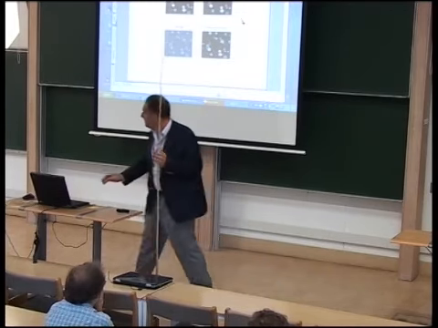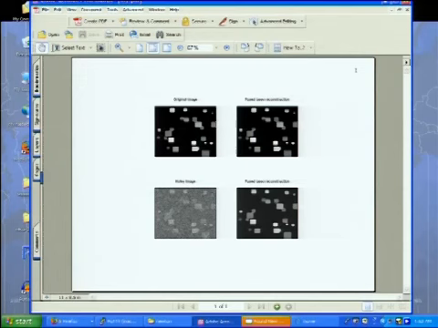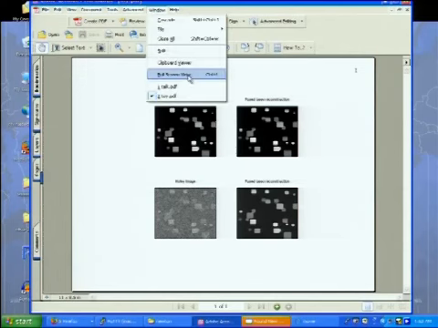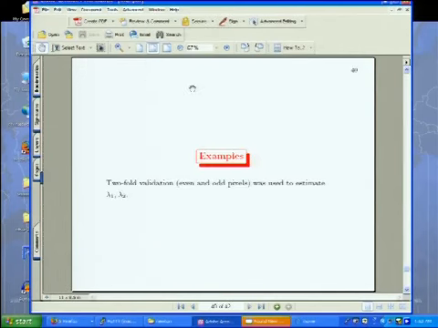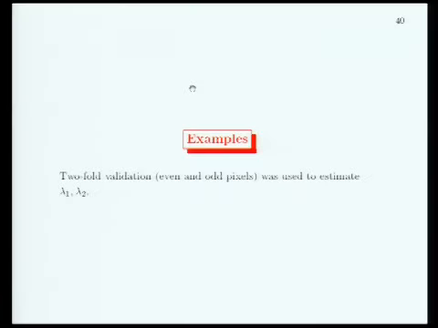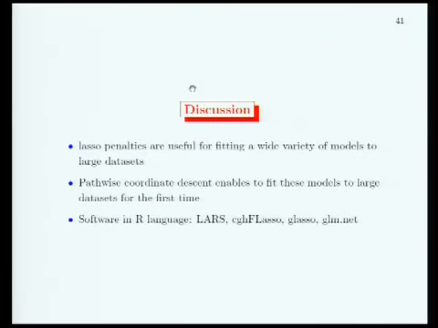Okay, so you can see my time's almost up, which is good because I'm about done. Back to here. So, discussion. I think that the Lasso penalty is useful for fitting a wide variety of models in large data sets. And what's got me excited really recently is the algorithms which allow us to apply the method to large data sets. So I think that's going to enable application of these methods to a lot of other